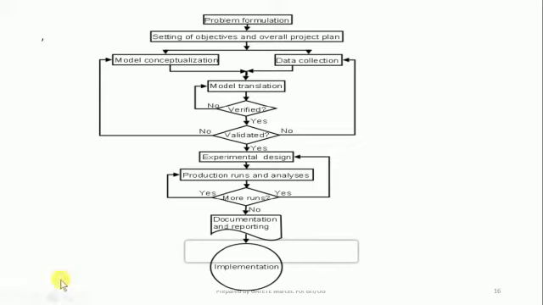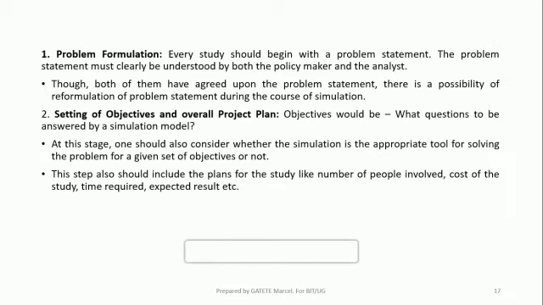After that, you will implement it. To implement it means that you have found a report and you see that your system will work very well, so you implement it. You go to the field and you implement the real system according to what you found in your simulation. So here we are having a deep explanation of each step, so we can revise them.